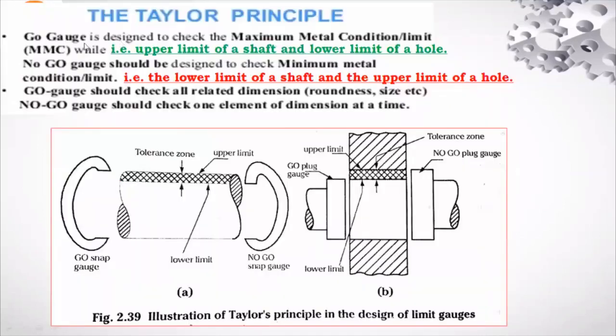That is what is given in the statement. The go gauge is designed to check the maximum metal condition. The no-go gauge should be designed to check the minimum metal condition or minimum metal limit. It should be designed for MML or LML. You see this figure? No-go